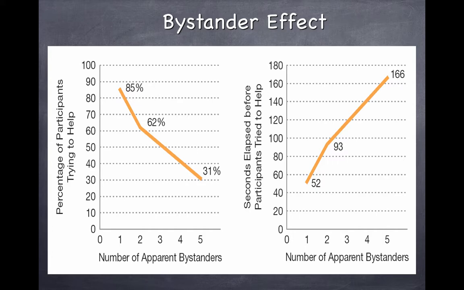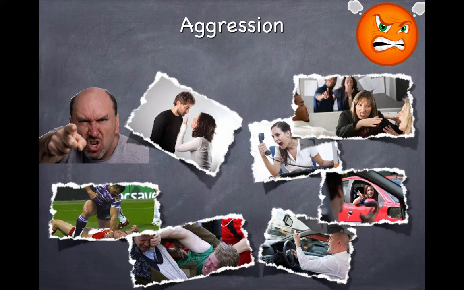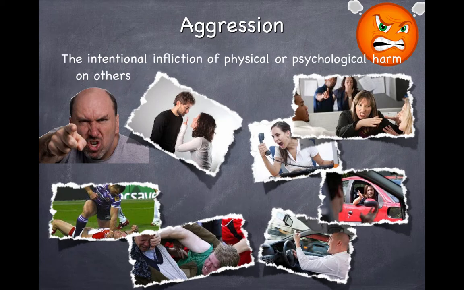The last little piece that we'll touch base on in regards to the area of social psychology is the topic of aggression. Aggression is the intentional infliction of physical or psychological discomfort or pain to others. And it can take many forms in a variety of different locations. It can be something that occurs at home, something that occurs at work, on the road in your car, at the sports field, and among spectators in a variety of places. And of course, there are different theories on it.